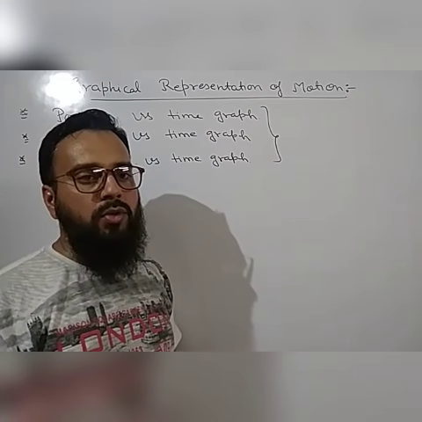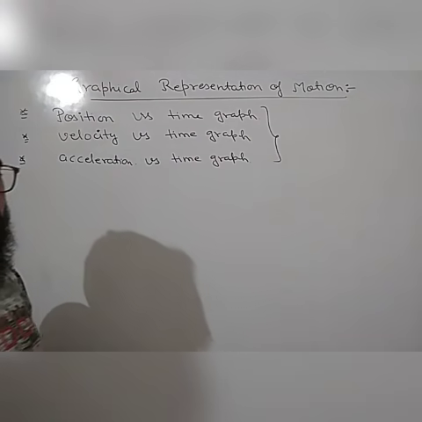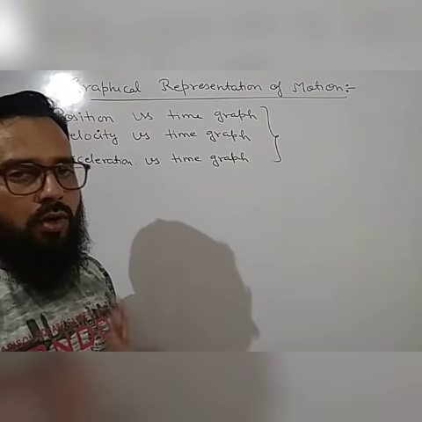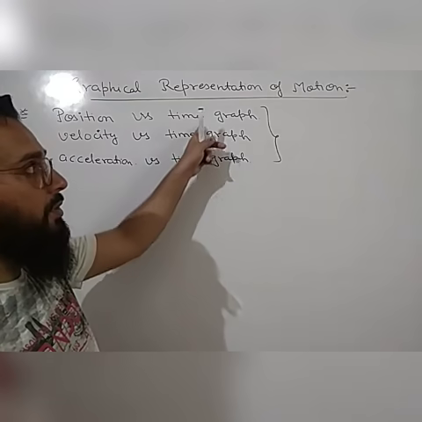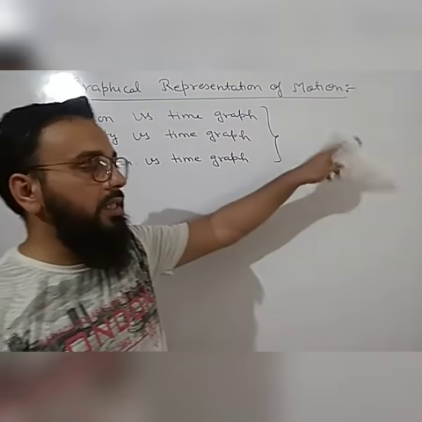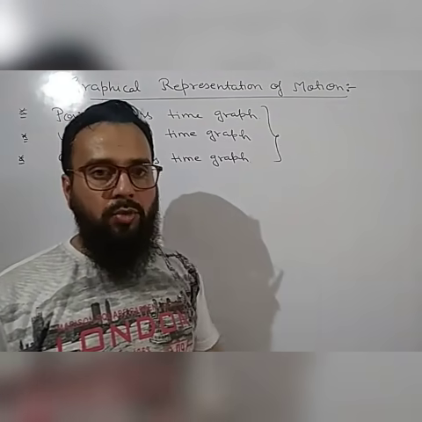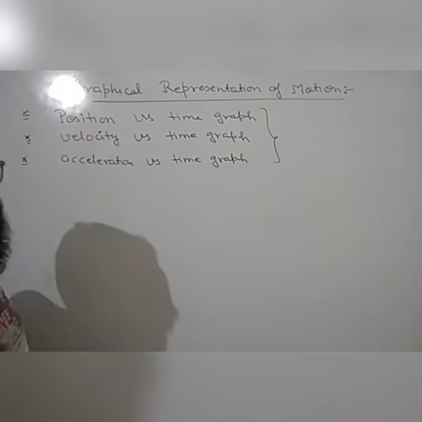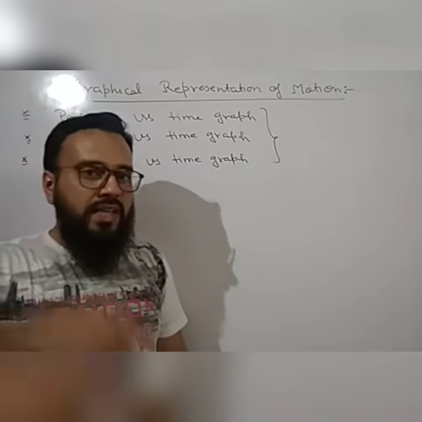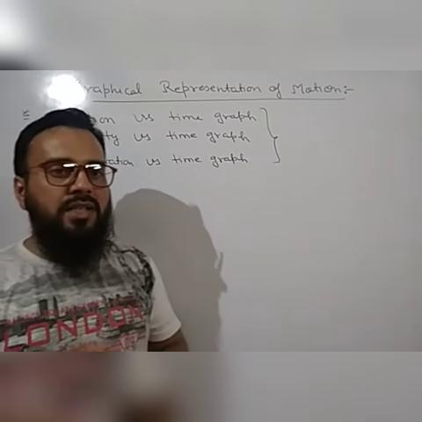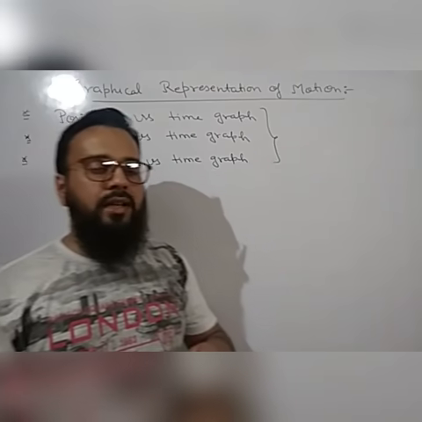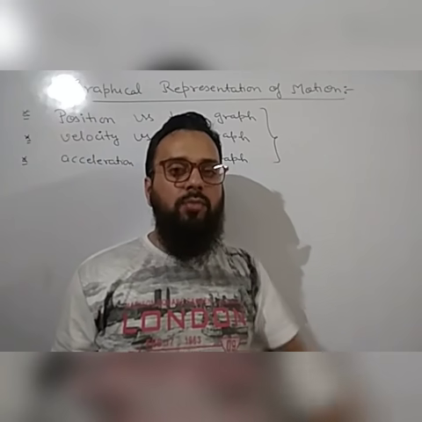Okay, so we have to draw the graphs of uniform motion and uniformly accelerated motion, which is a part of non-uniform motion. It means 3 graphs for uniform motion and 3 graphs for uniformly accelerated motion. Before starting the graphs of motion, we should first know the graph of rest also, because our chapter starts with rest and motion. We started the chapter with the definition of what is rest and what is motion.